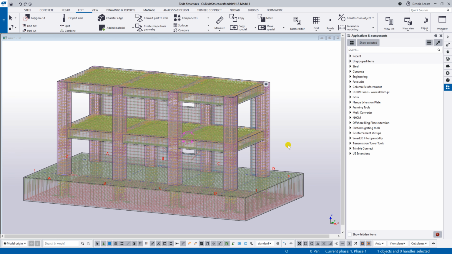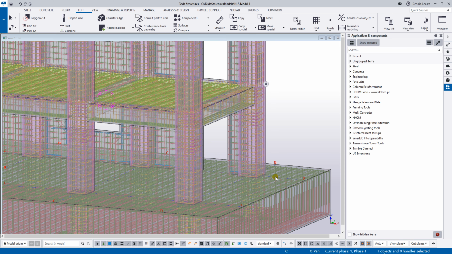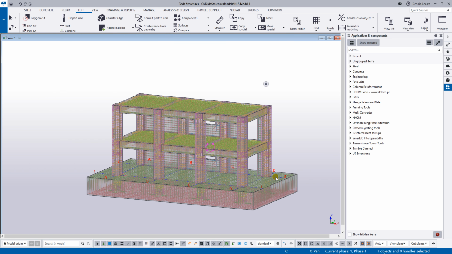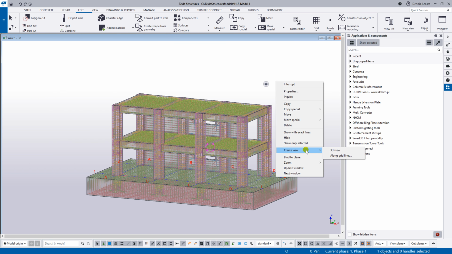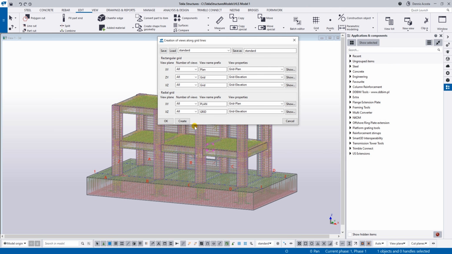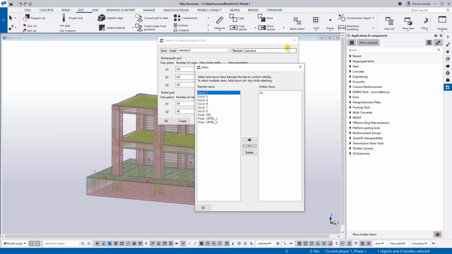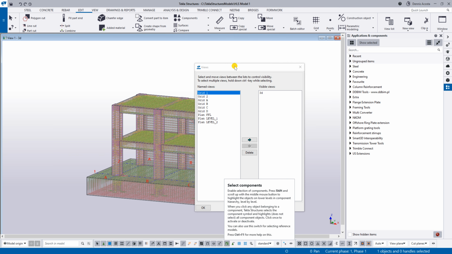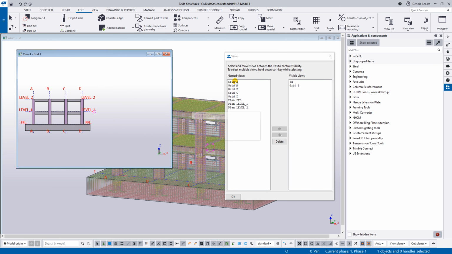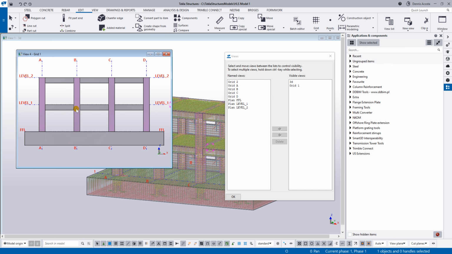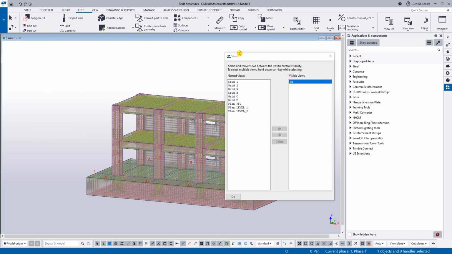In this model, I created the grid line. It's very important that if you have this grid line, you can just simply right click and then create the view along grid lines and then create the automatic grid views. See, I have already the grid view. So meaning, if I want to create the grid one, double click and then I'm going to create this one, right? Okay, again,